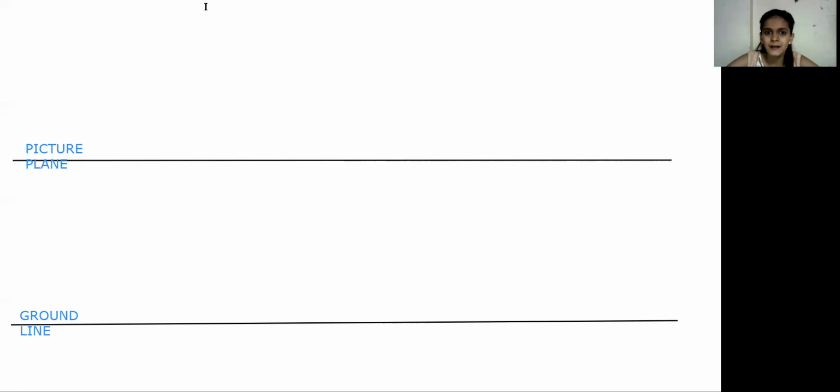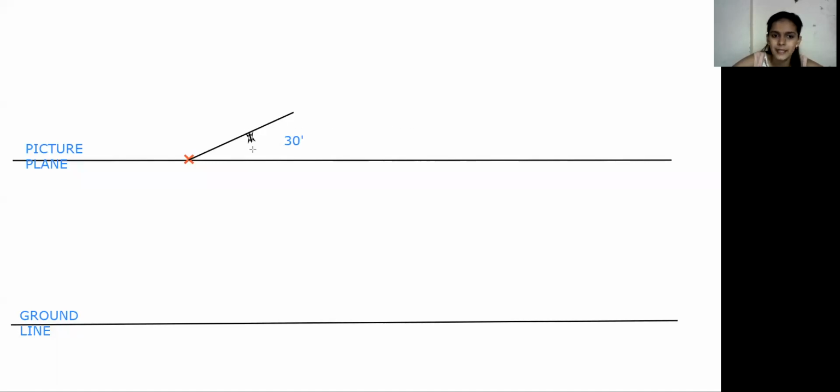Next, consider the point on the picture plane. Anywhere, around center, right side, left side, anywhere. So consider I'm taking the point a little bit left side. Okay. Then what? Draw the line at the angle of 30 degree. Let's consider 30 degree and 60 degree angle here, because the total angle is 180. One side 30 degree, other side 60 degree. So between them 90 degree angle. So here we are going to take 30 degree angle